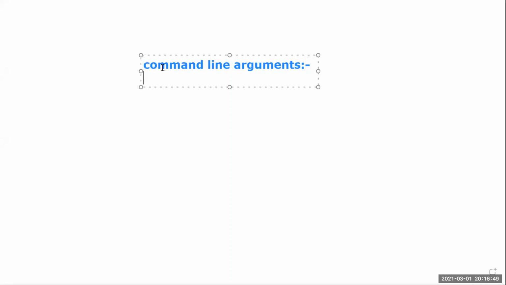Here what we will do is pass the arguments by using the command prompt. Initially, while I was dealing with how many ways to run Python code, I explained three ways: first through command line, second through command prompt, and third through IDLE.